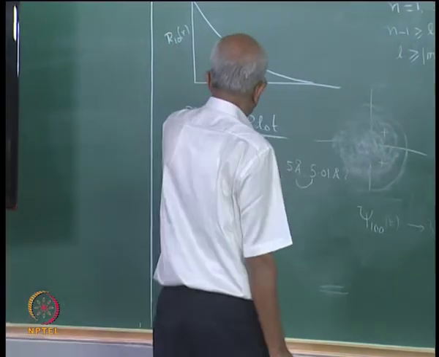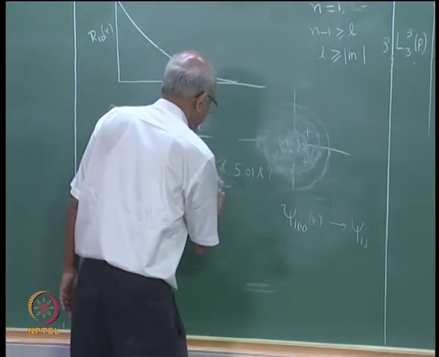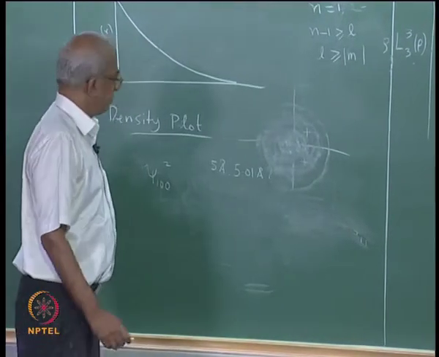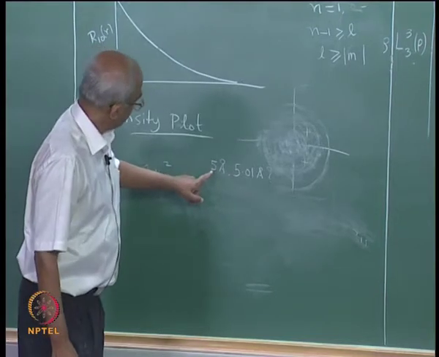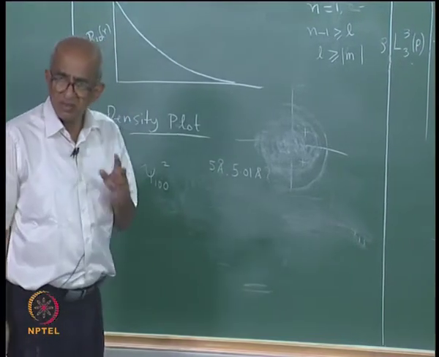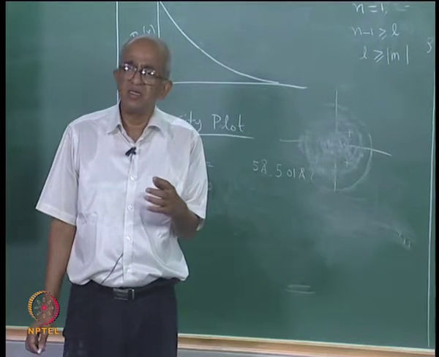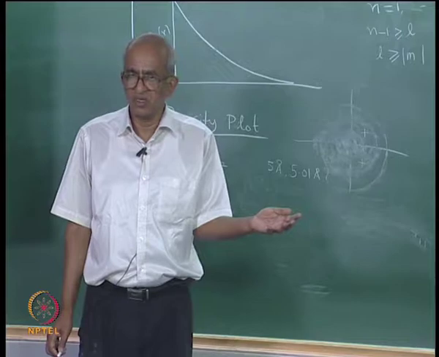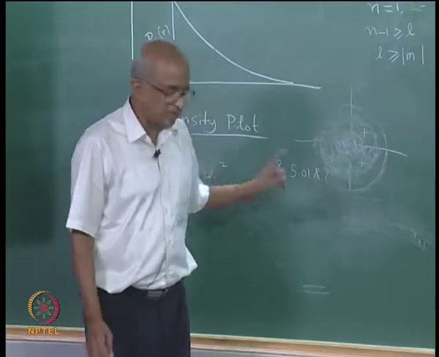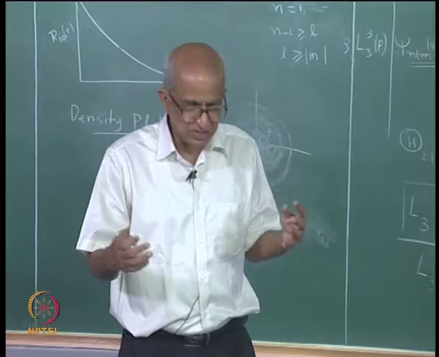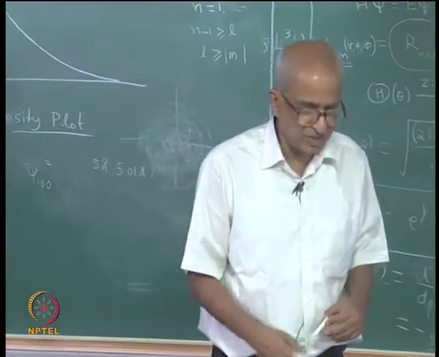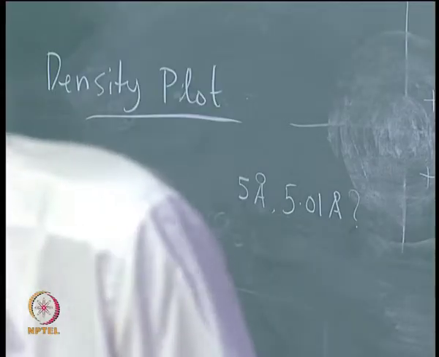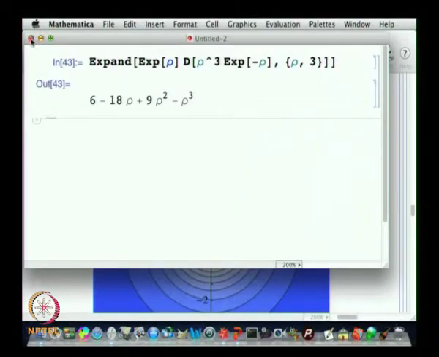So, coming to the question that I was asking you, what is the probability that the distance of the electron from the nucleus is between 5 and 5.01 angstroms. Okay. Again, before I discuss that, you see it is possible for me to use Mathematica and to produce this kind of density plots for the wave function, and that I have here in this